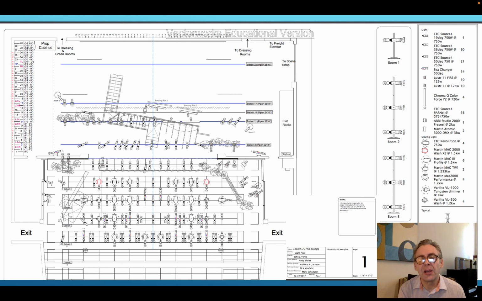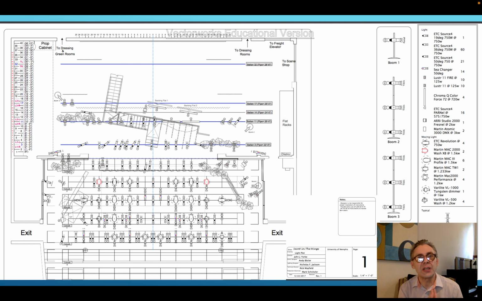And then finally, here is a lighting plot on that stage for which I just showed you, in which the lighting instruments now have been placed by the lighting designer. This plot would be given to a master electrician or production electrician. So the lighting designer determines what instruments are going to be used, where they're going to be placed, and then creates the lighting design. The master electrician or production electrician, different theaters use a different term, means the same thing,